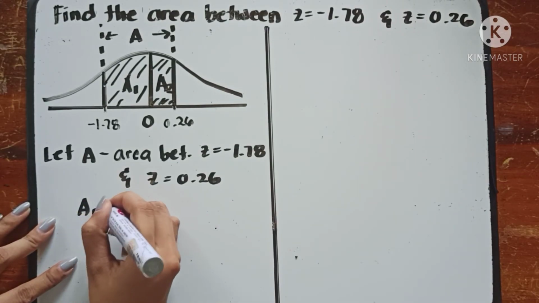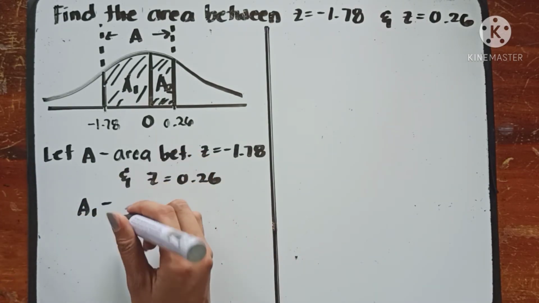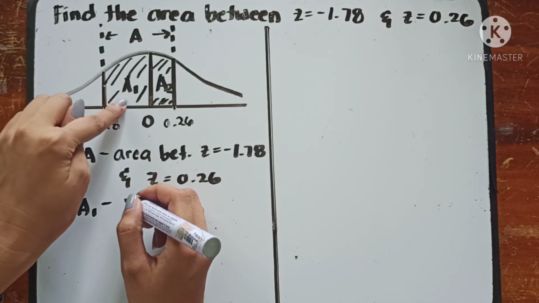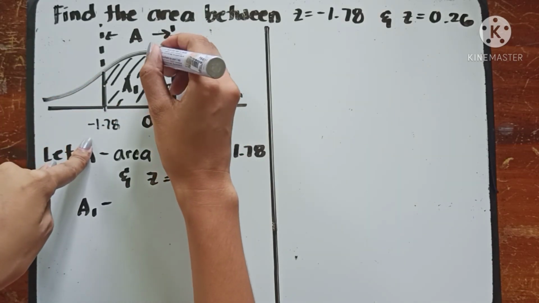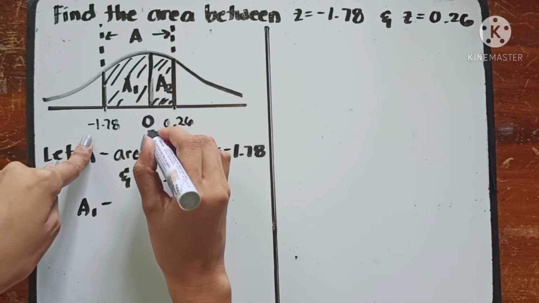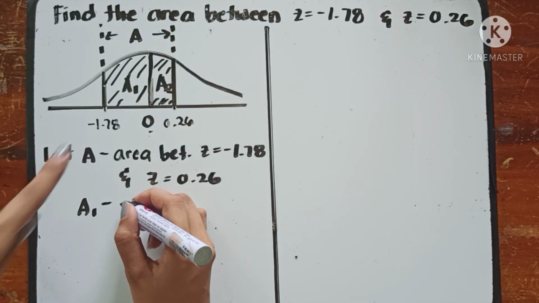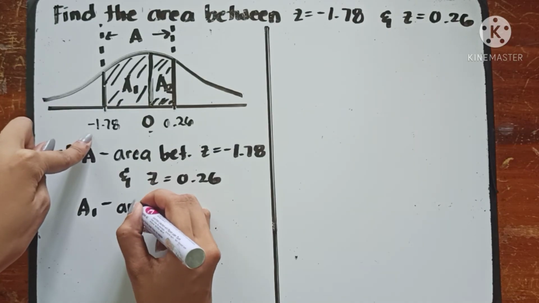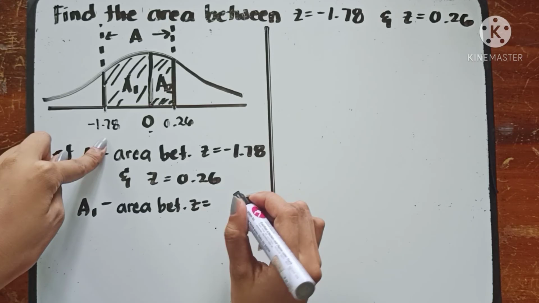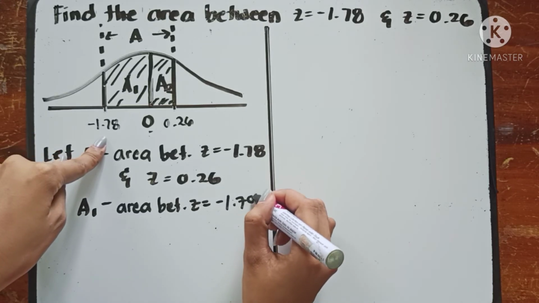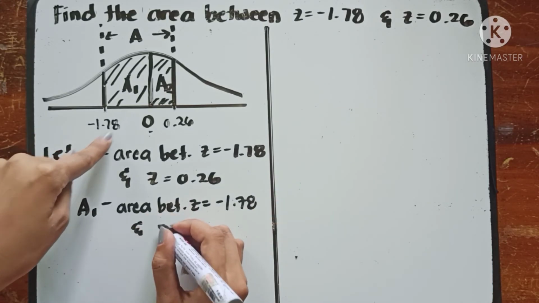Ang A sub 1 naman natin ngayon is ito. A sub 1 natin, simula negative 1.78 hanggang 0. Okay? So, A sub 1 natin, this is the area between Z is equal to negative 1.78 and Z